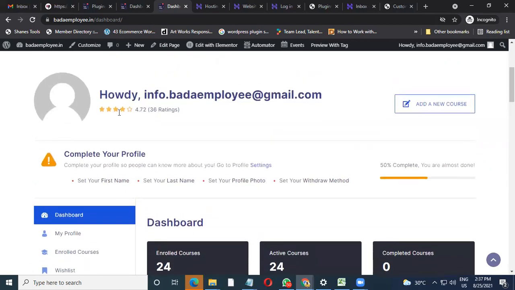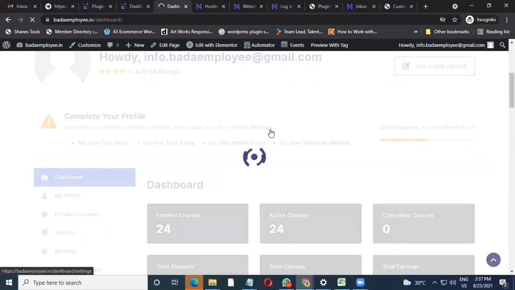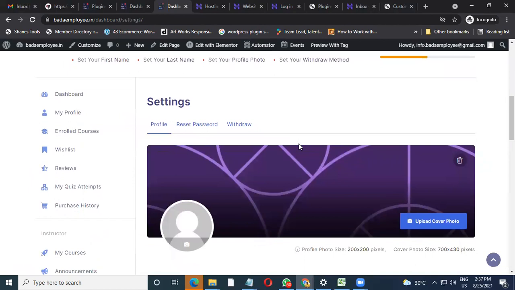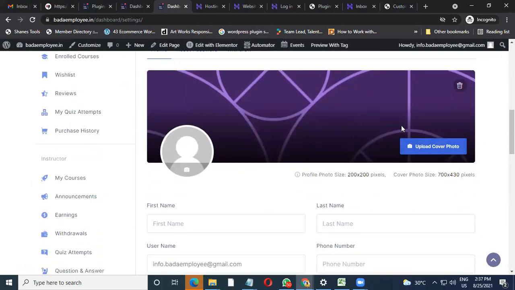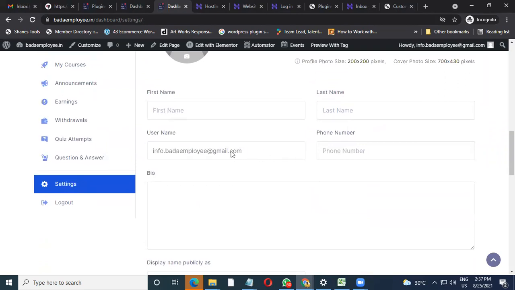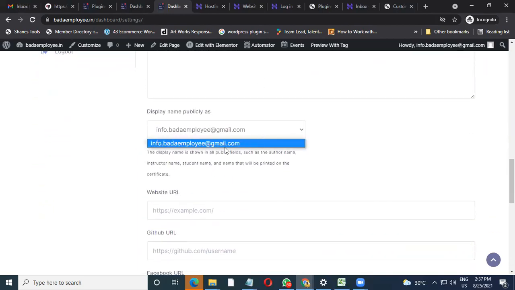To set up your profile, you need to come over here and finish the setting part. Once you click on settings, it opens up like a normal profile page, and you can fill up the details as you want. You can put up your photograph, and in case you want, a banner. You can put up first name, last name, and user name, which is seen on your site. When you put up your first name and last name, it will give you options over here for what name to be displayed, and accordingly you can display it.